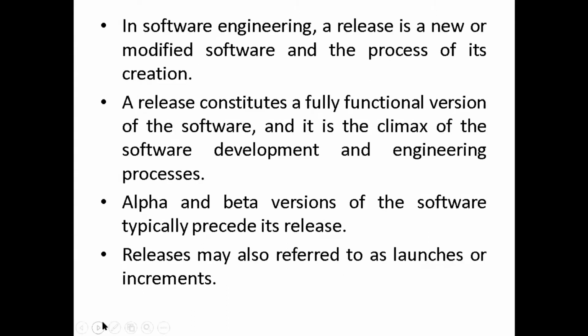When I speak of software release, it is not only a release of a new software, it is also about an interim release of a software. It may be a beta release, it may be an alpha release, it may be a new software release also. After the software is released, you have many version changes for the software.